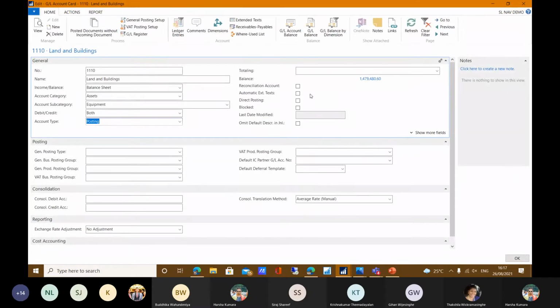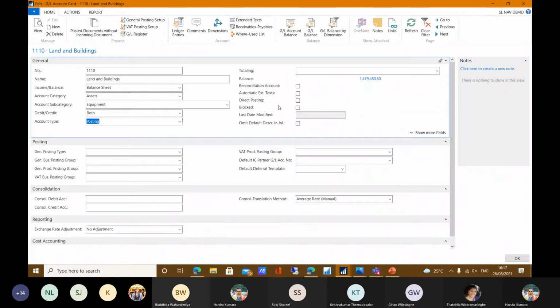And also there is an important field here that we call direct posting. Direct posting means you can predefine whether this account is a control account or a normal expense account. If you assign it as direct posting, then only users can post JVs. Otherwise they can't post JVs, because those are related to the subledgers. Assume this is land and building, this should be updated with the subledger. Then no direct journal should be associated with this account. Otherwise your trial balance and your reporting will differ.